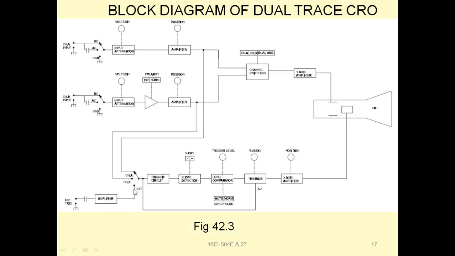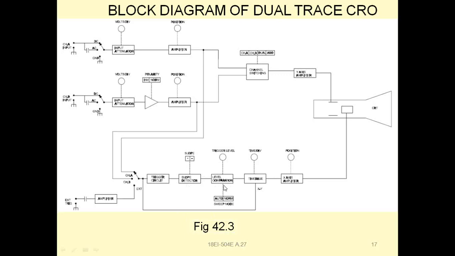If an external signal is applied, then that signal would be directly bypassed and given to this time-base generator. Otherwise, for channel A and channel B positions, the amplifier output would be connected to the trigger circuit, which converts any other form of input signal into a train of pulses. Then the output of that is given to a slope detector, which either can increase or decrease the sweep voltage that is generated at the output.